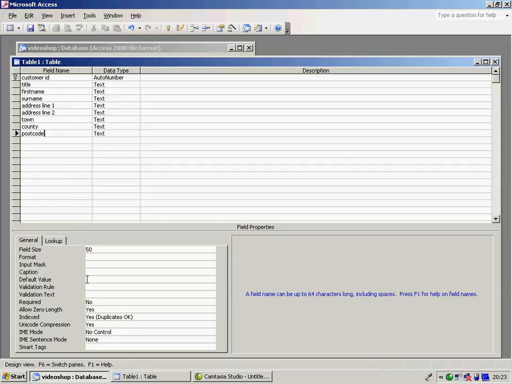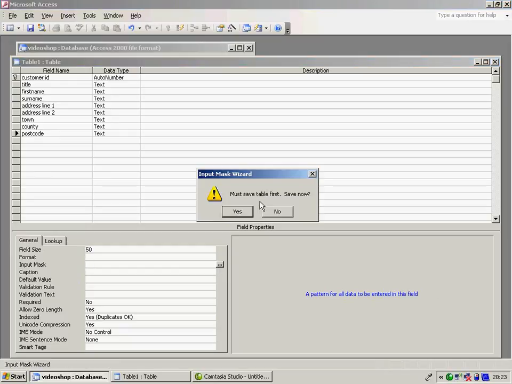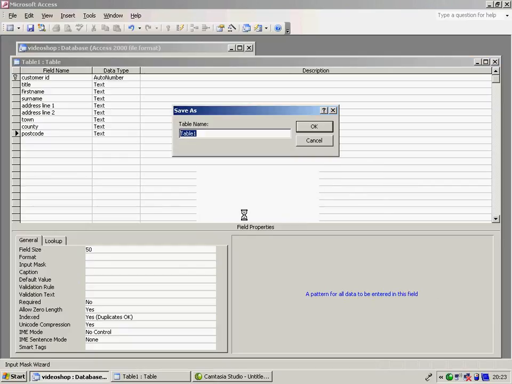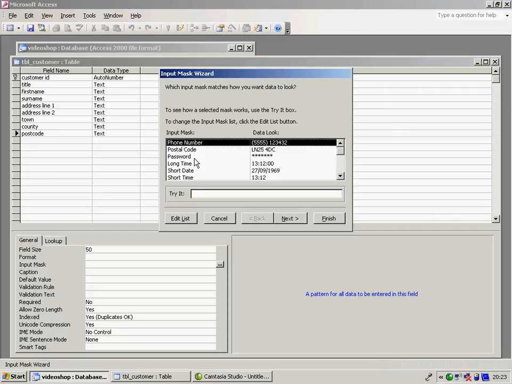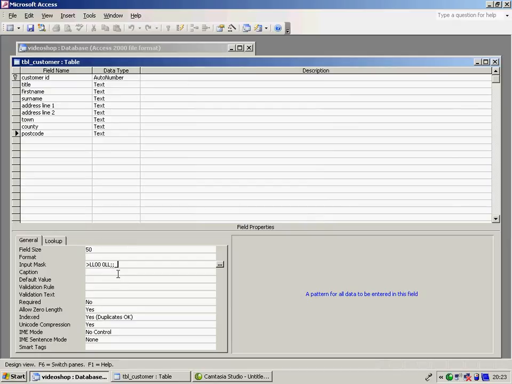Postcode, interestingly enough, some people can go, oh, use the input mask down here. Press these 3 buttons, and I'll tell you what, let's press yes, and we'll save it, and we'll call it TBL_customer, and we'll press OK. And it's going to say, look, you can use this postcode. I want to show you something here, because it's a lot of rubbish. It's really quite annoying, actually. Let's press finish for that. Notice that,